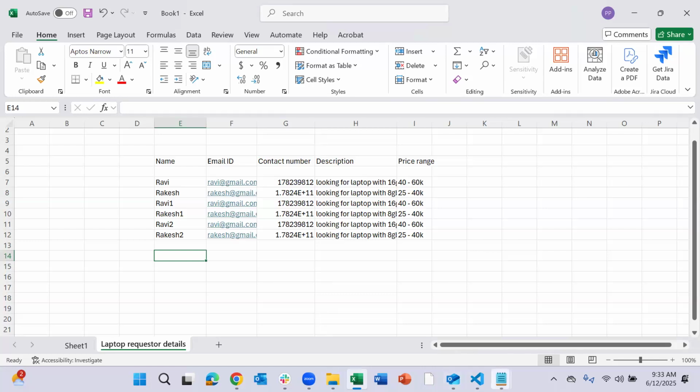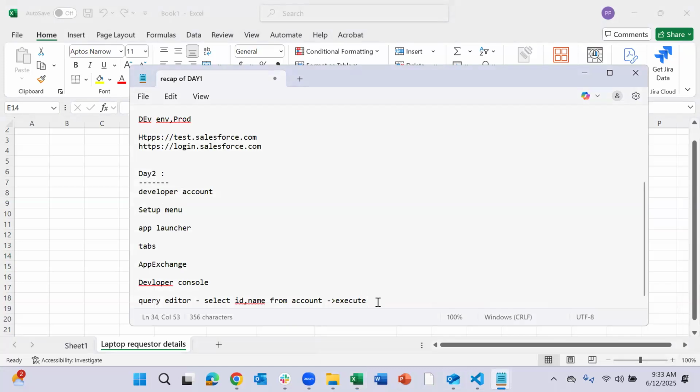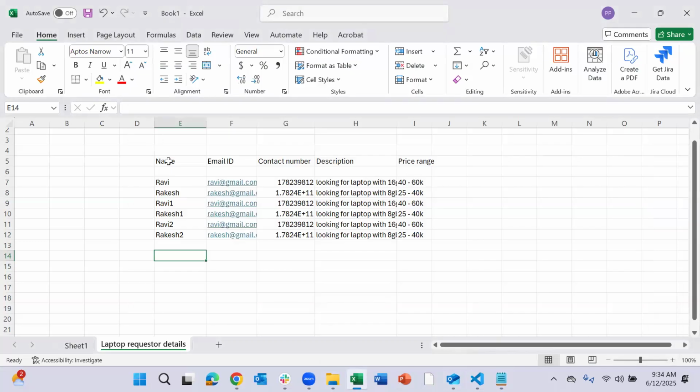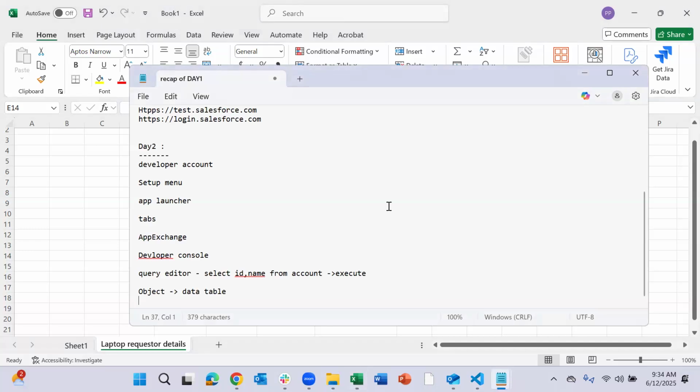So your object is nothing but the data table. The columns are nothing but the fields inside your object.